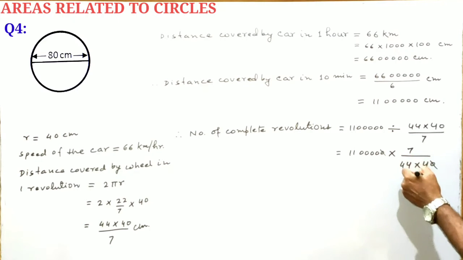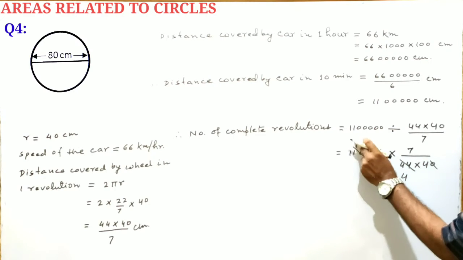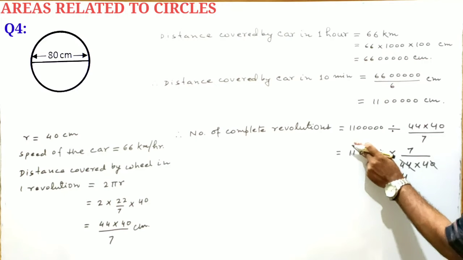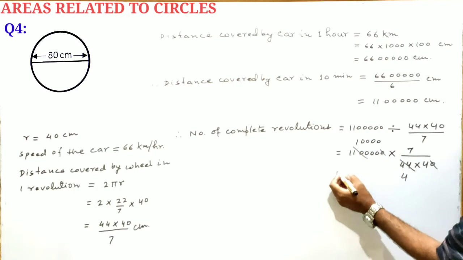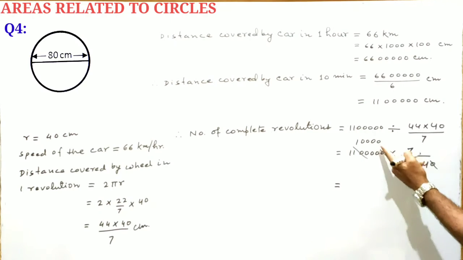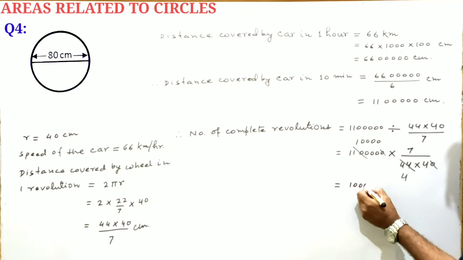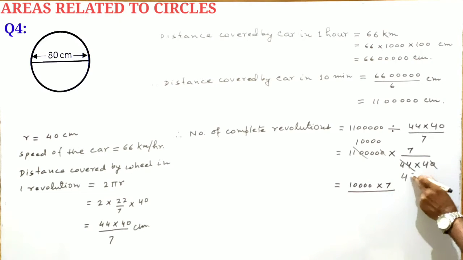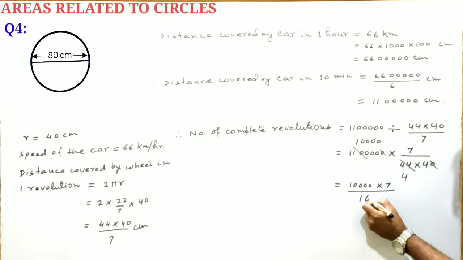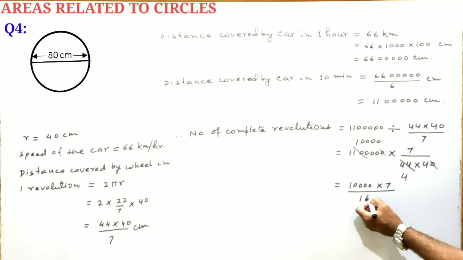This 1 0 cancelled. 11 4 ja 44. Here 11 1 ja 11, followed by 4 zeros, and this is equal to 10,000 into 7 divided by 4 into 4, 16. 10,000 will be divided by 16